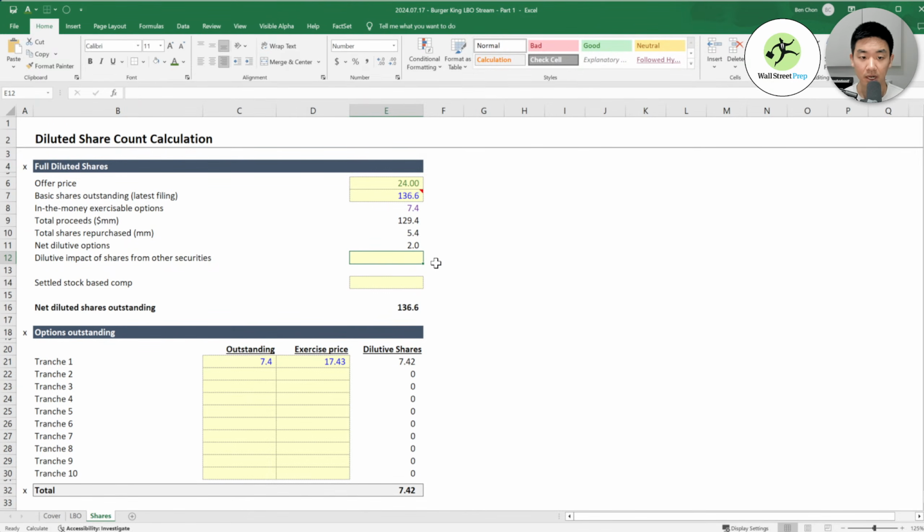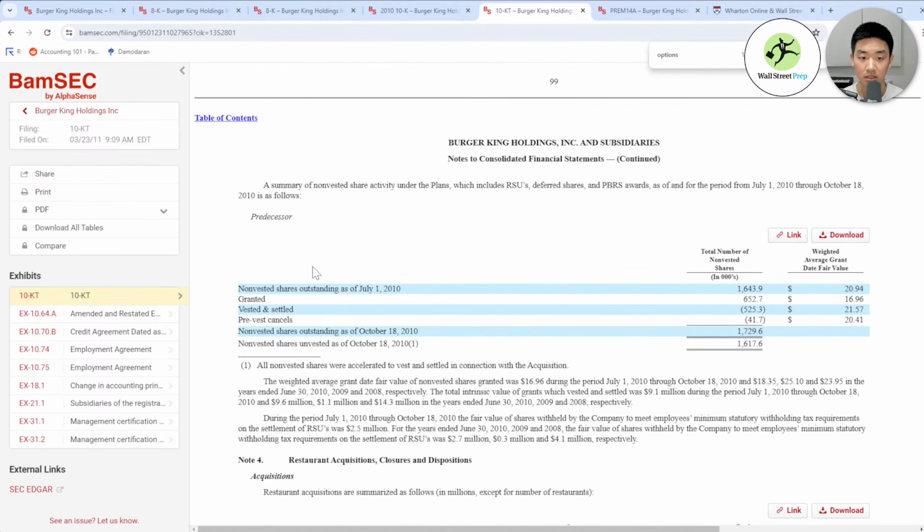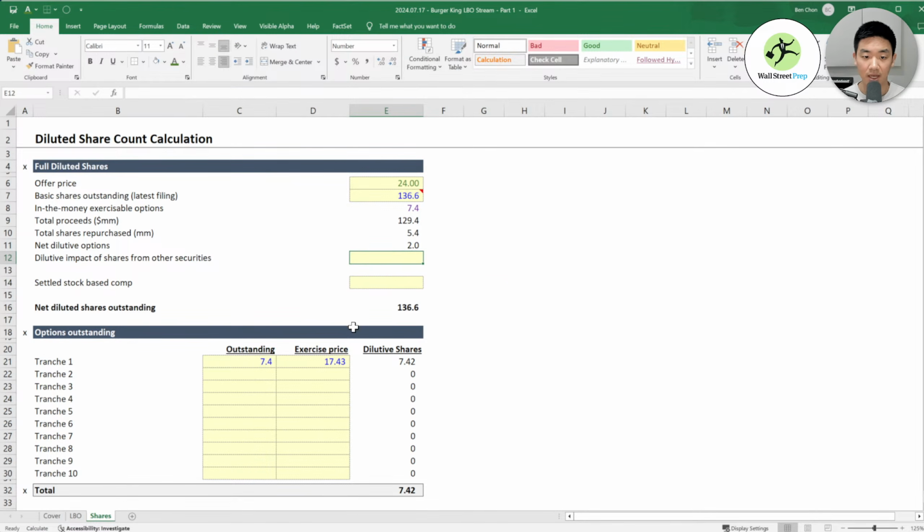And then diluted shares from other securities. There are not only stock options, there are also things called restricted stock units, performance stock units, I think. Sorry, let me move my chair. But these are shares where the exercise price is actually zero. These are more special, I guess, and given to, I don't actually know, executives and stuff. But basically, if you fulfill your contract or whatever, you can earn shares and not have to pay any exercise price. So there's 1.7 million for that.